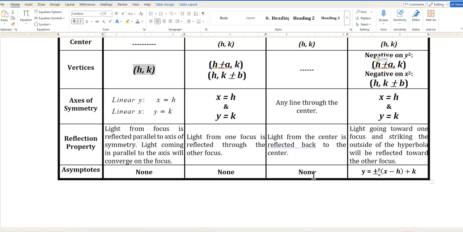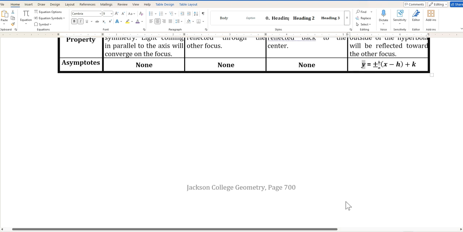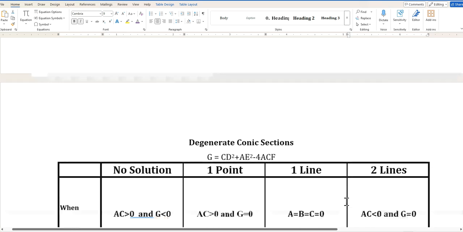There are no asymptotes for parabolas, ellipses, and circles, but there are asymptotes for hyperbolas. The equations will be y equals plus or minus b over a times (x minus h), plus k. Notice it goes through the point h, k, and it has slope plus or minus b over a. You have one each. There's two of them there, one with positive b over a and one with negative b over a. And that pretty much concludes